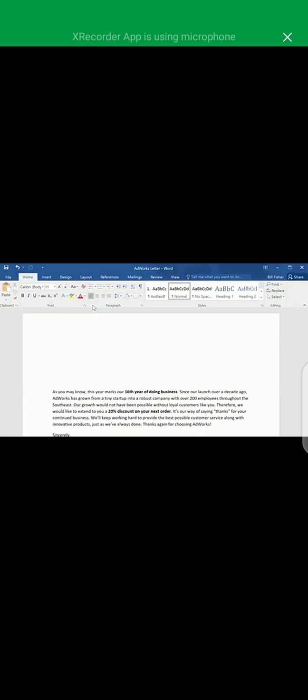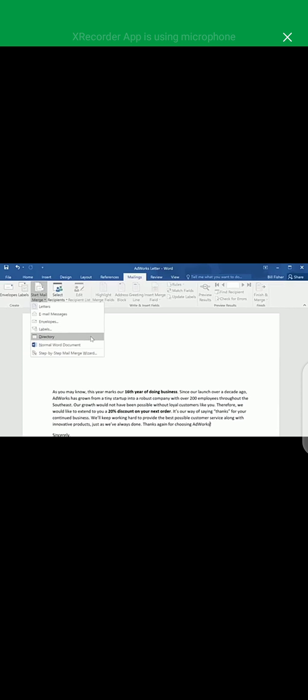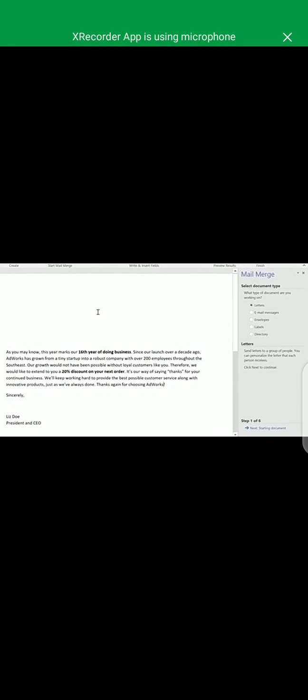Okay, first of all, you have to make a paragraph, or you have to make an invitation. You can type any statement or any body of the message that you want to create as invitation. Here I have typed a random paragraph from the book. After that, what are the steps that you are going to follow? First of all, in your textbook, it is mentioned that you have to go to the mailings tab. After that, select merge, from where you will choose the last option, that is step by step mail merge.